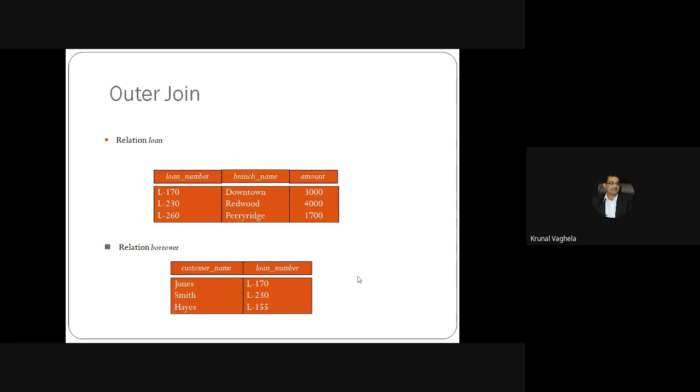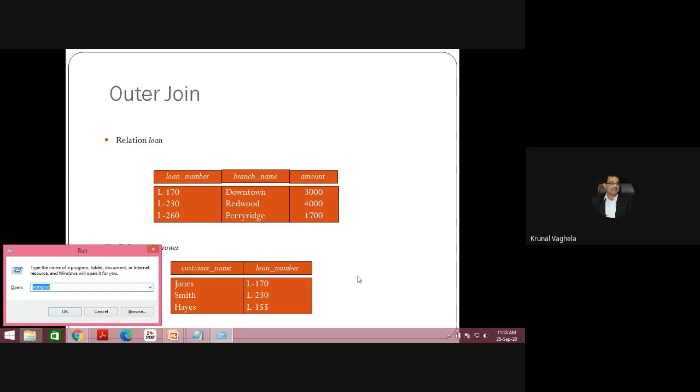Now there are three types of outer join: left outer join, right outer join, and full outer join. First, to understand all this, you need to understand outer join. So let us take our Excel and I need to explain to you first what is outer join.